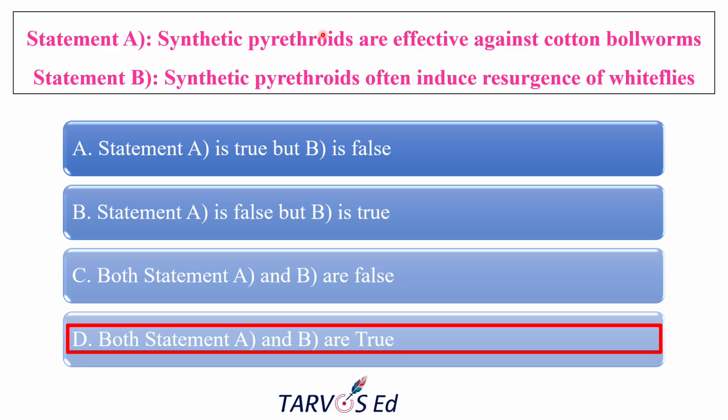Usually those pesticides have a contact and stomach poison effect. Those pesticides act on the sodium channel of nerve cells in the insect. If they act on the sodium channels, rapid knockdown happens, so that our insect will die. So this is the standard chemical for controlling the cotton bollworm.